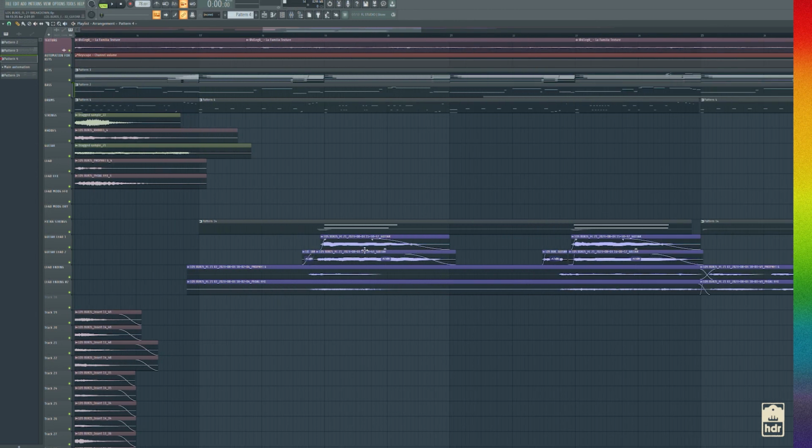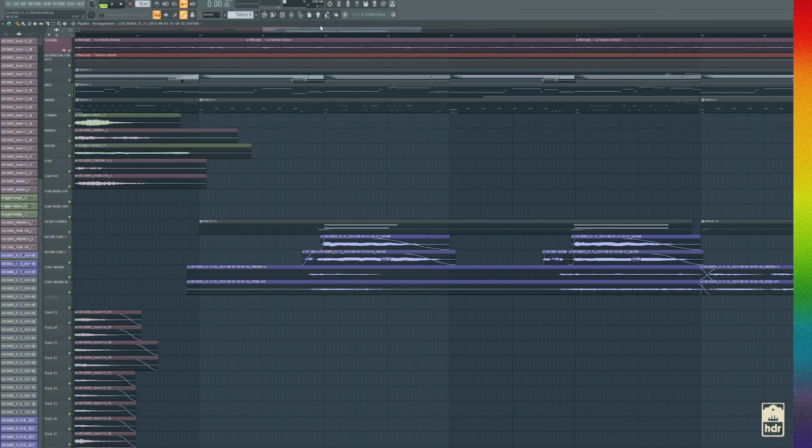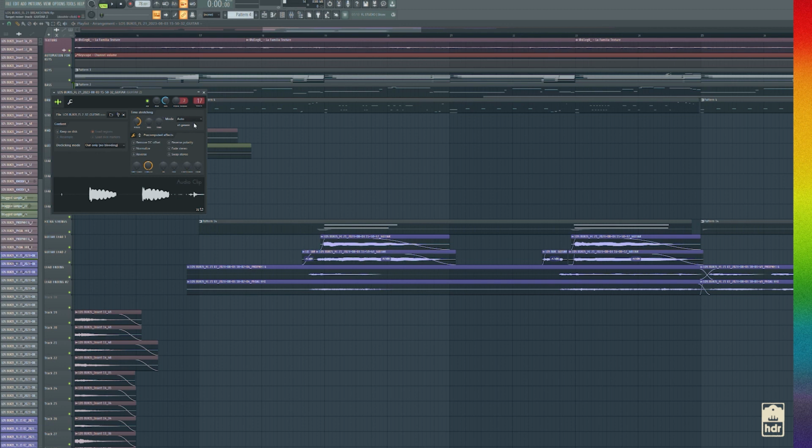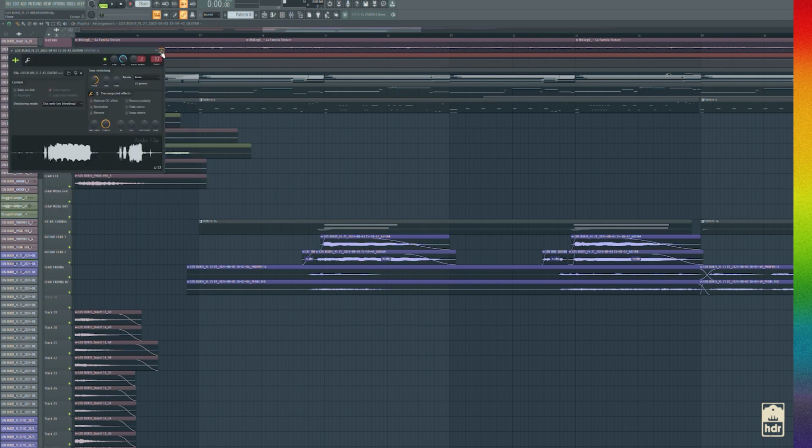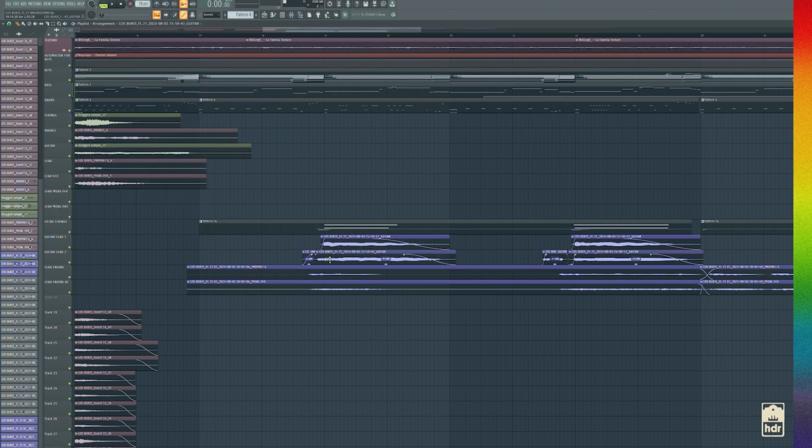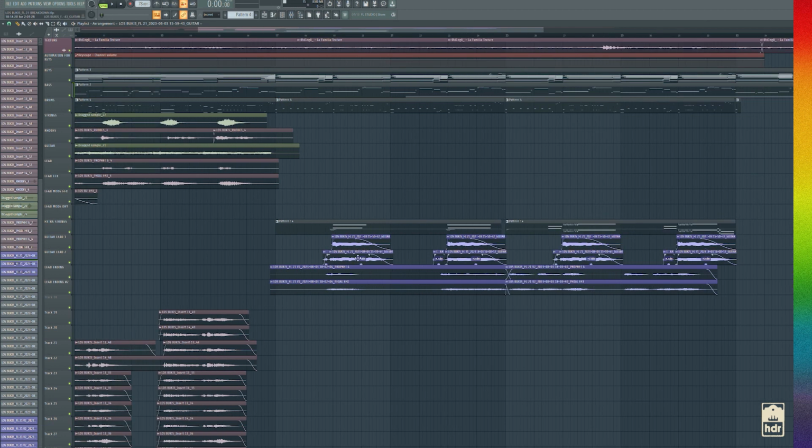For the guitar stack though, I basically recorded it twice. I had one at the original pitch initially, and then I pitched it up. But then, instead of keeping it at the original pitch, I pitched it up again to make it really high pitched. And that's why you get that pitched up sound. I felt like that just sounded cool.